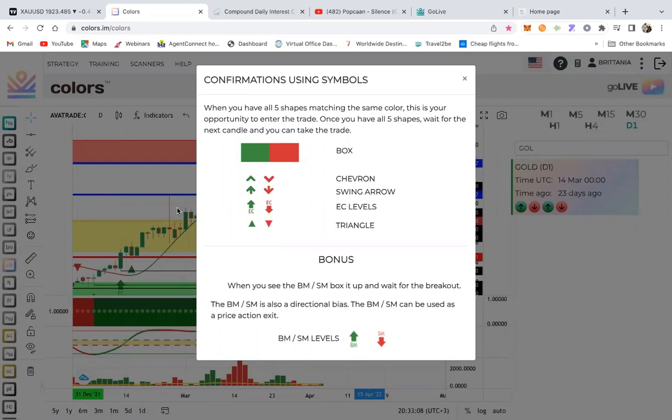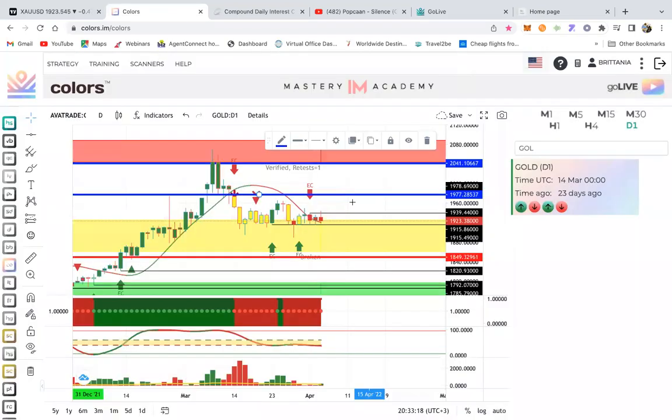You might have some of the educators, they teach about the Trinity. I don't wait on the Trinity, guys, because if you wait on the Trinity, sometimes you wait all day, right? So when I see a good setup, I take it only from the triangle. And as long as the colors line up, that's how I take my trade, right? So boom.